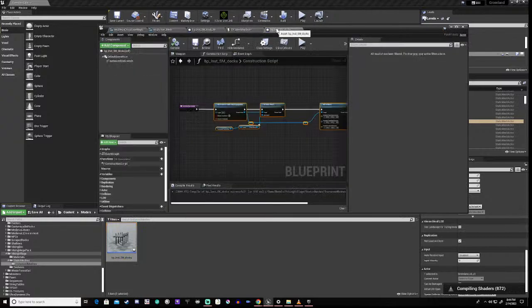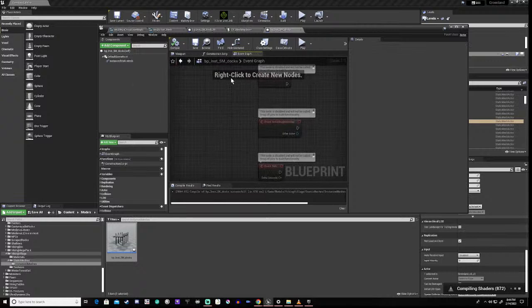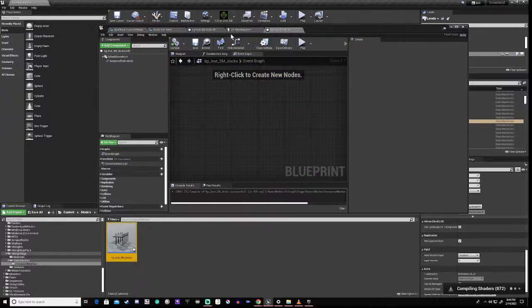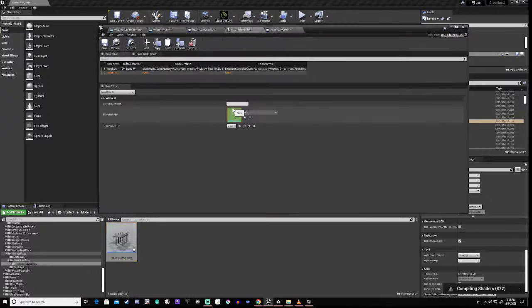Oh, wait a minute. Not happy with that, because I want to get rid of these. I want these blueprints as clean as possible. So next we get our second row. We go into, not there. Oopsie.